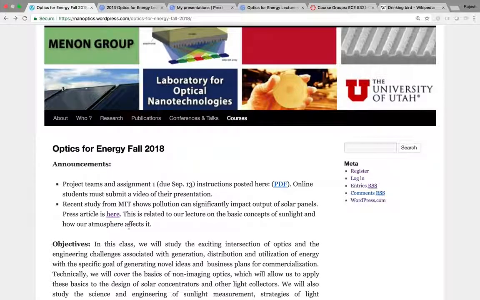Okay, so that's there. The other, of course, important announcement is the project teams and assignment 1. So the teams have been assigned, and the instructions for assignment 1 are posted here. The most important thing, make sure you identify your team members today and come up with a plan to meet and so on. We'll talk a little bit about that in today's lecture, but if you click on the PDF here, you can figure out all the instructions. We'll go through it again